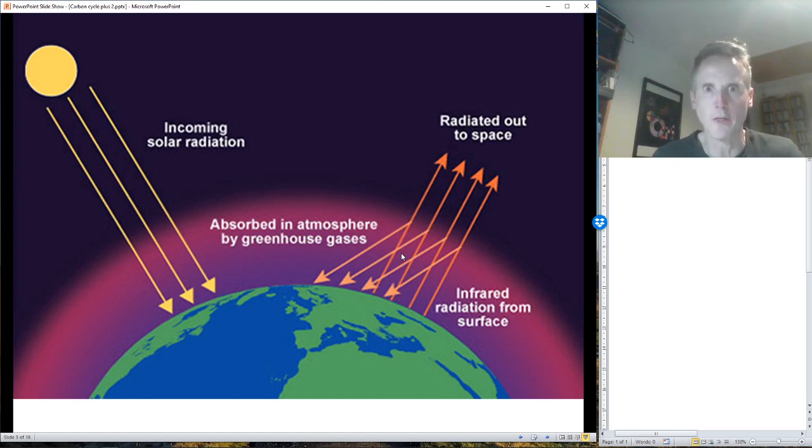There is no doubt that the planet is getting warmer. Some people think it can be explained by natural processes. Some people think no, it's man-made, it's us burning fossil fuels. So there's some debate about that, but there is no debate that the planet is getting warmer. We've got data on that. So you're also going to be doing a little bit of work on global warming, and it's really linked to methane and carbon dioxide. So I'm going to leave it there, and there'll be another task for you to have a go at